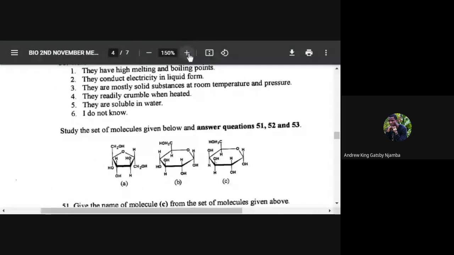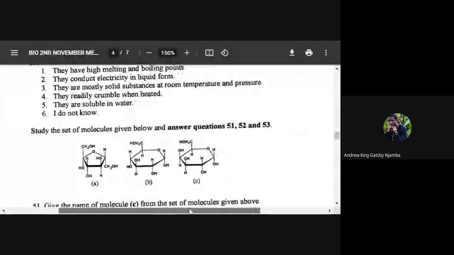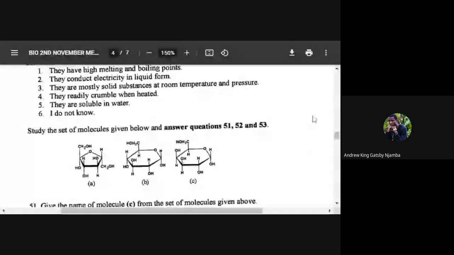Thank you. So those are the structures now, and the question is saying identify